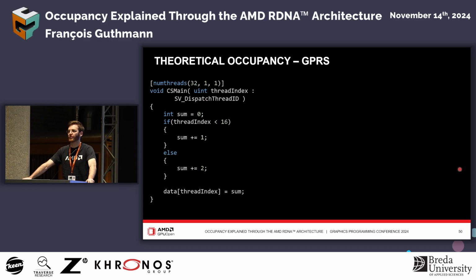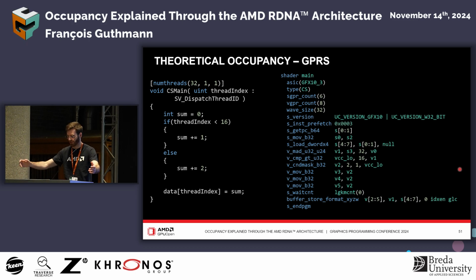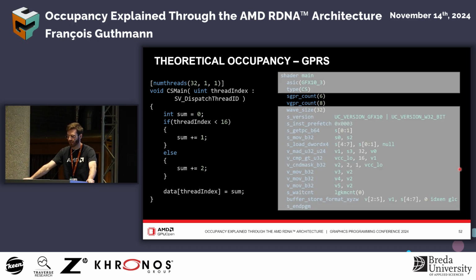Okay, so far we have mentioned occupancy mostly as an internal scheduling mechanism. And I told you it can be 25% or 65%, but we haven't really mentioned why or how. So if we take a quick look at this example that we've looked at before and compile it through, say, RGA, we'll get this. This is the assembly. And again, it's scary, but we can look at 2 interesting things here. There's an SGPR count and a VGPR count. This means that at compile time, we are already able to know how many resources are required to execute that